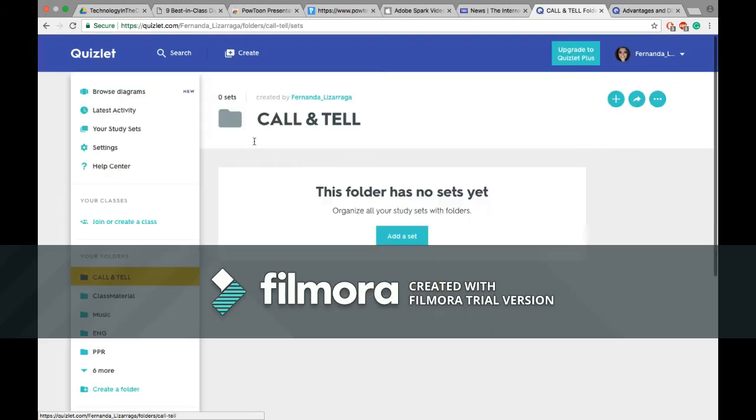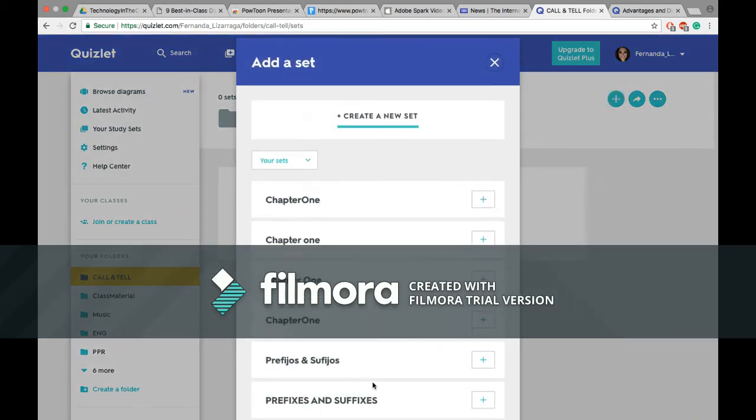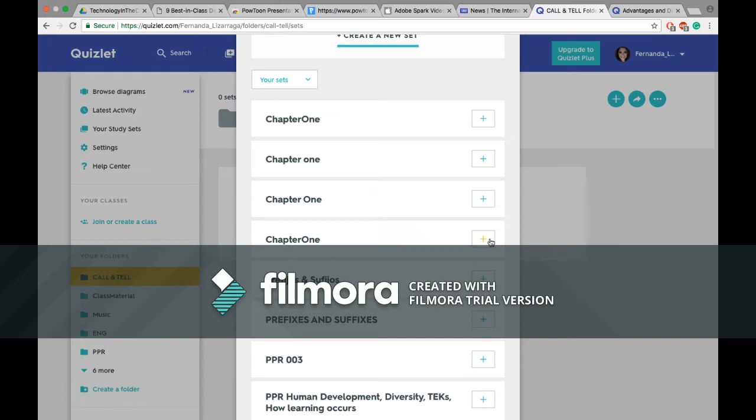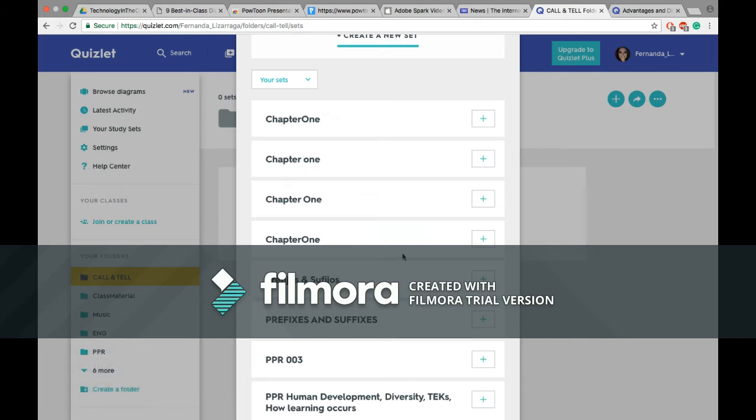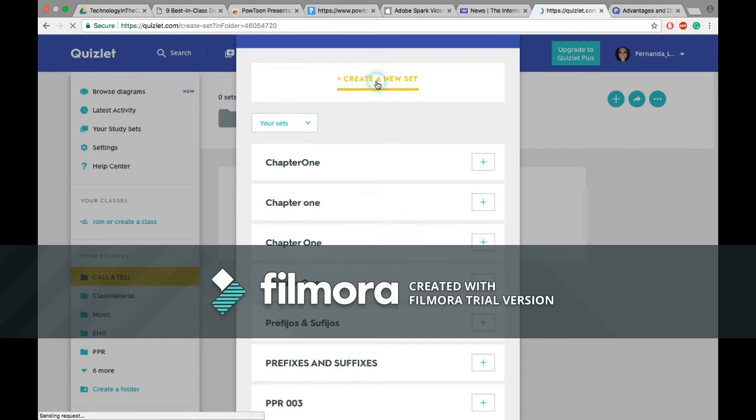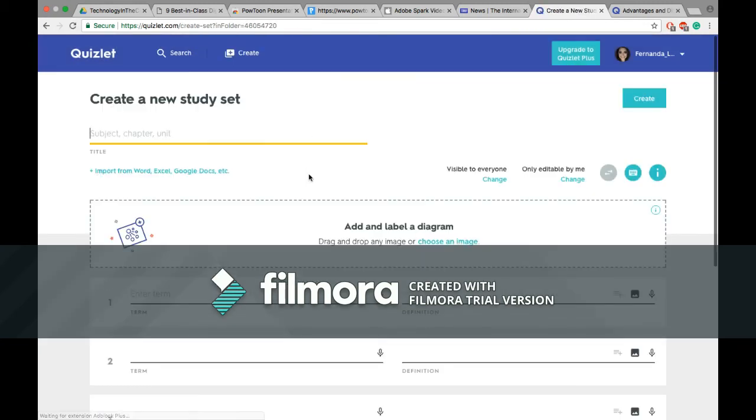Once the folder is created, it has the options to edit the folder, share the folder, or add to the sets. We're going to add to the sets. Here, if you already have folders, you can add this set underneath a folder that you already have. So you can see it, you add it here, it's already added, and then if you take it out of the folder, it pops up: this set has been removed from the folder. So it notifies you. I'm going to create a set underneath my Call and Tell folder,